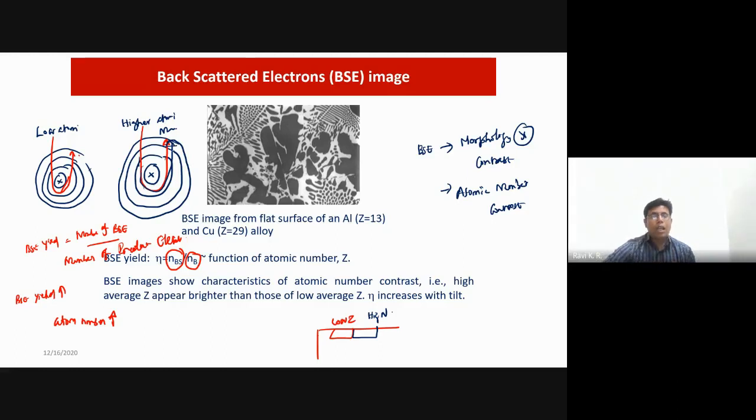number of backscatter electrons. So let's say you have incident electrons, let's say 100. The total incident electrons falling here and falling here is, let's say, 100. In this region, let's say you are getting 20. In this region you may get 50. Now we have seen earlier that the region which gets a higher number of electrons will be brighter. From the region where we get a lower number of electrons, we say it's dark.